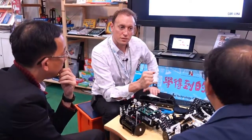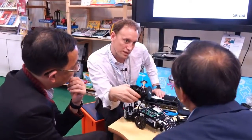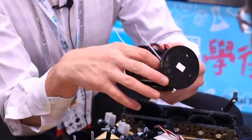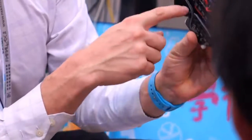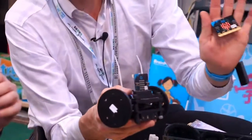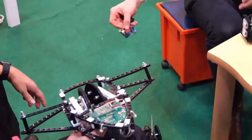Are there any questions? Any more questions? How do I control this? So you need this board here. We've got the DC motors, 2 DC motors straight into the board and a power pack. Okay, I've actually integrated that with this second micro:bit. So once I power it up, yeah, when you tilt it,